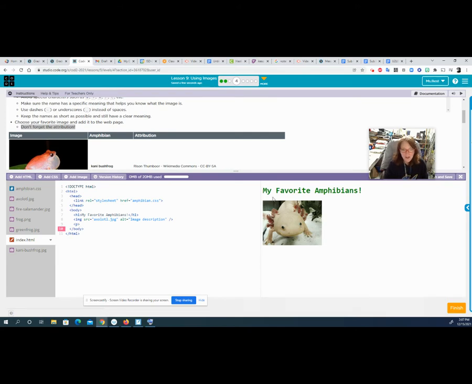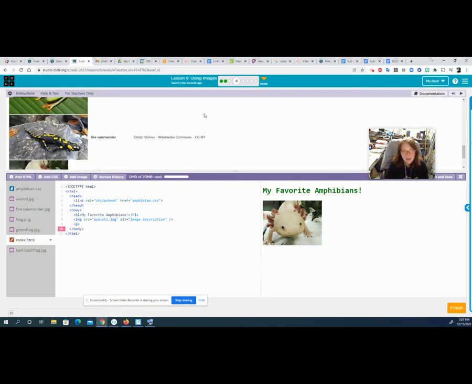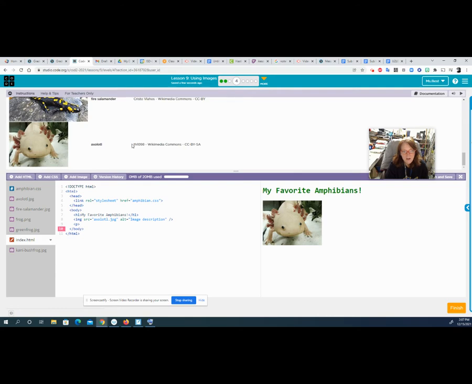I have to find the attribution information. So come back up here and start scrolling. Here's my axolotl, and this is the information. The author is somebody by the username TH1098. The website was Wikimedia Commons. This is the Creative Commons license. That BY means give the author credit and share alike. Copy,